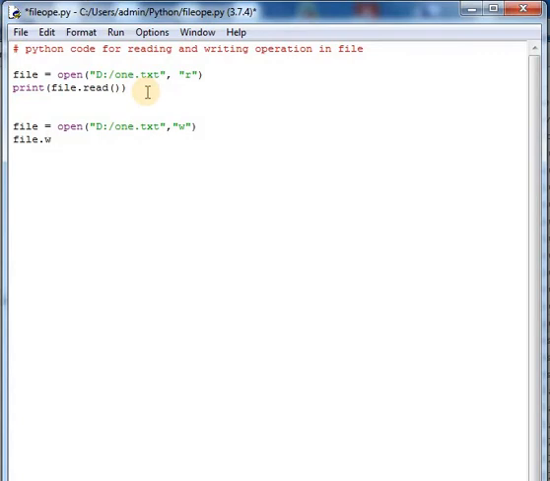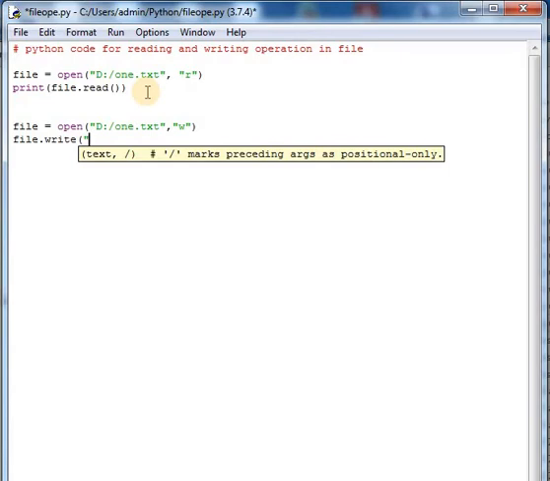We have to write down file dot write SSIT college near part. Now I want to add these strings.